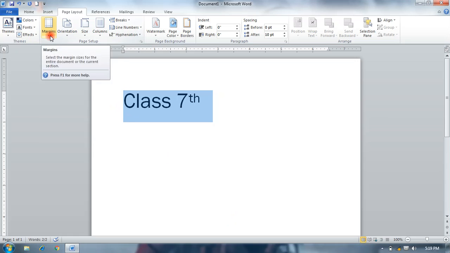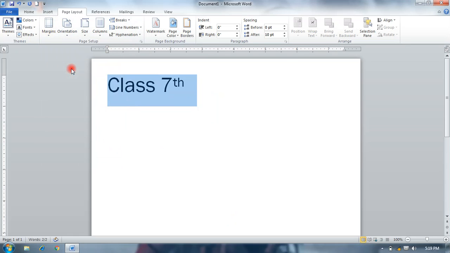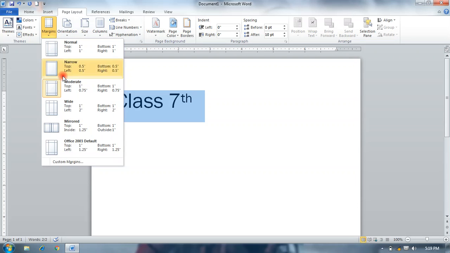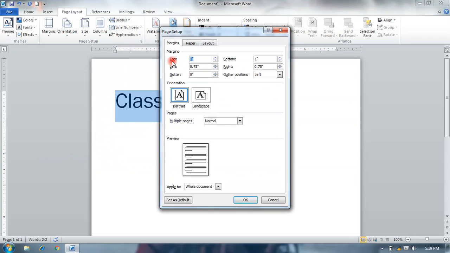So you can select your margin or your page setup. And you can also customize your margin. And this is your margin option.